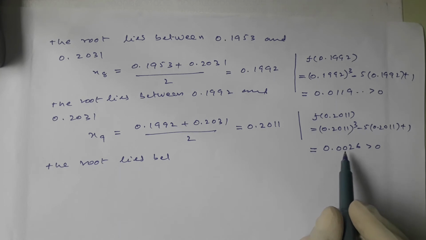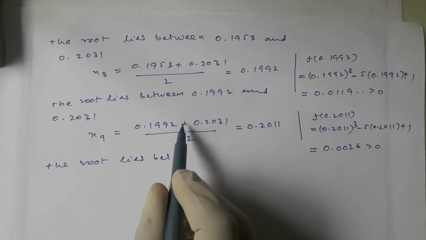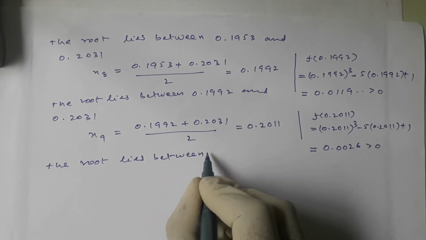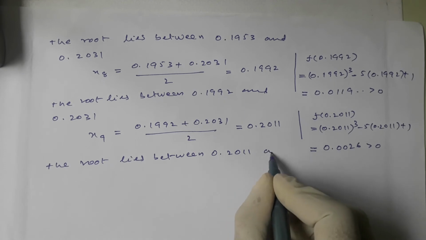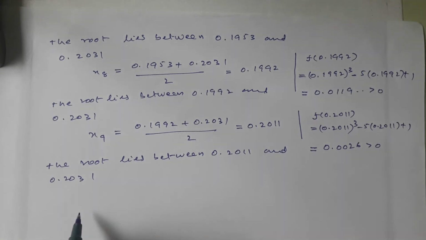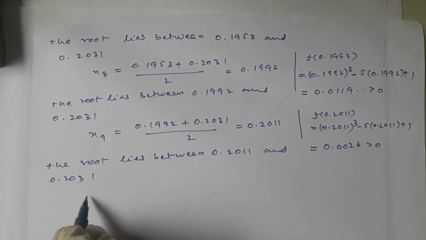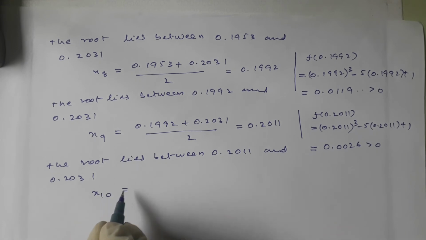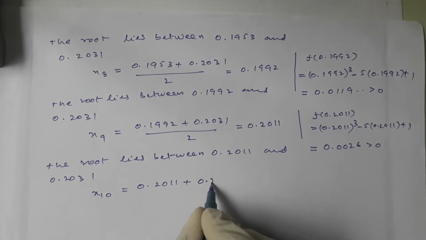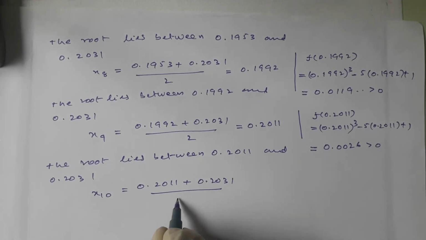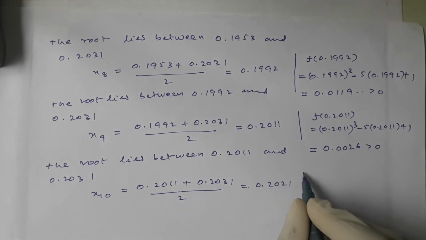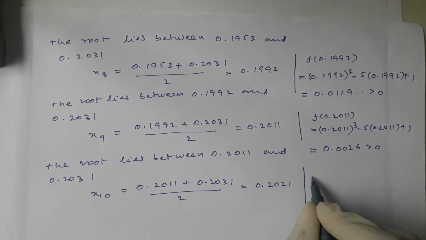Whenever it is greater than 0 again, this value is the middle value, and the root lies to the right side, between 0.2011 and its right side, 0.2031. So x10 is equal to 0.2011 plus 0.2031 divided by 2, which is equal to 0.2021, and its functional value is f of 0.2021